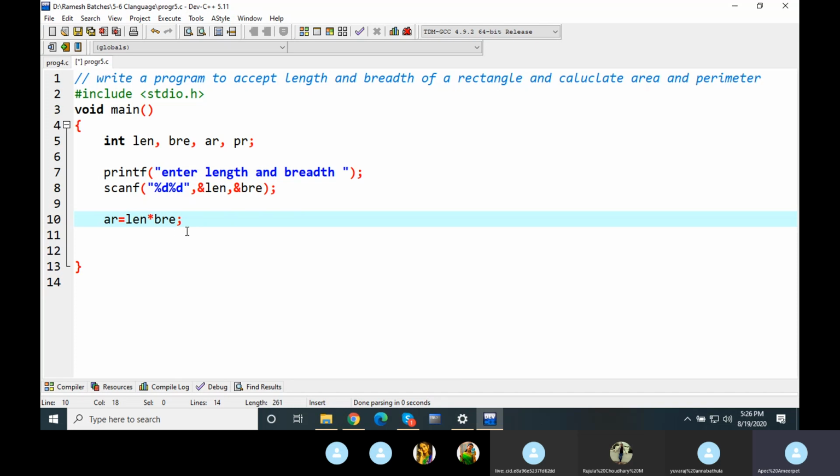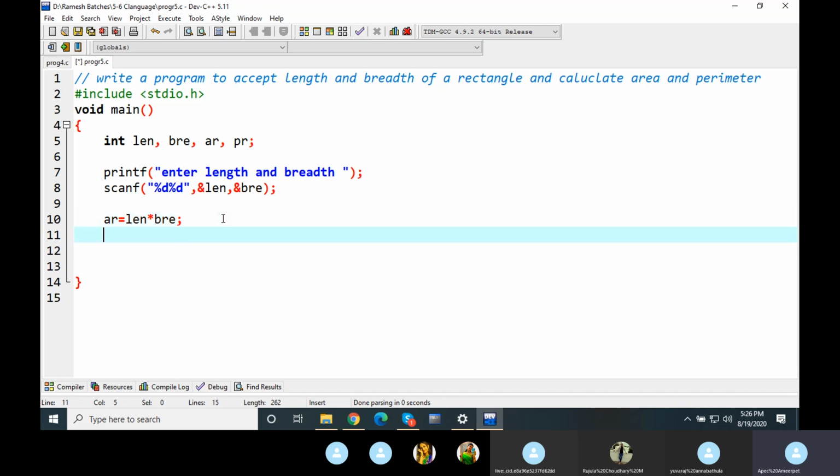This is the way we are supposed to write it. Area calculation is completed. Now, how will you write it for perimeter? What is the variable name given? PR. Perfect. PR is equal to